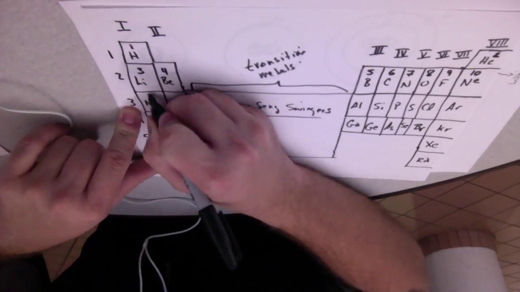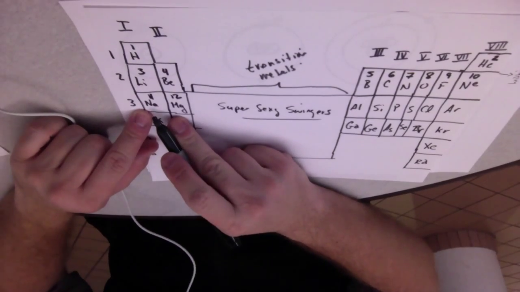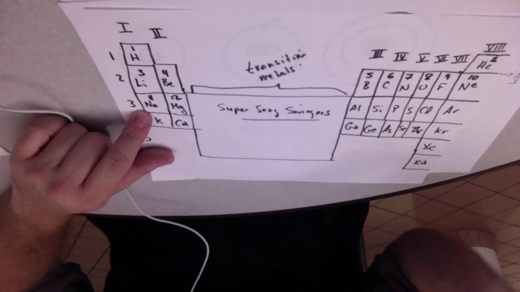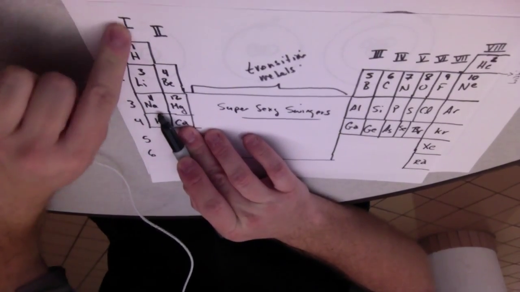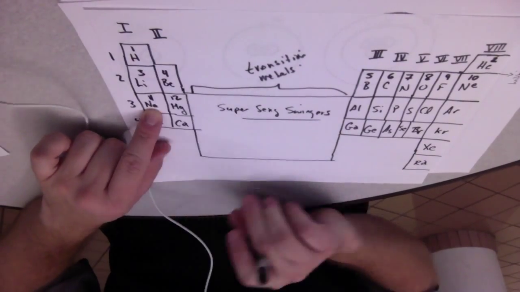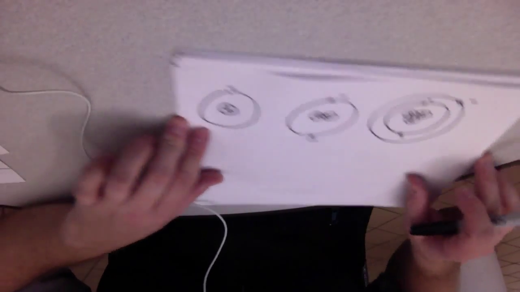Okay, and then we move down to sodium. Sodium is 11, magnesium's 12. Well, sodium has 11 electrons, and those electrons are spread out between the 3 levels of energy. But the outer shell, the valence shell, because this is in group 1, has 1 electron. Okay, so that kind of brings us into talking about the